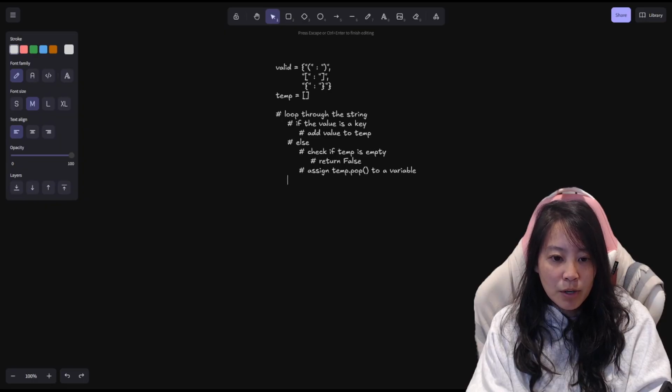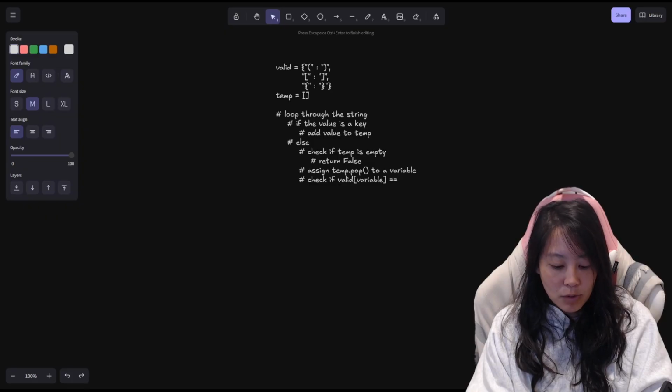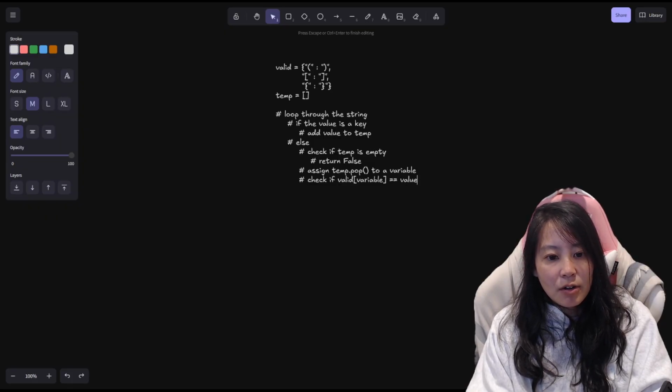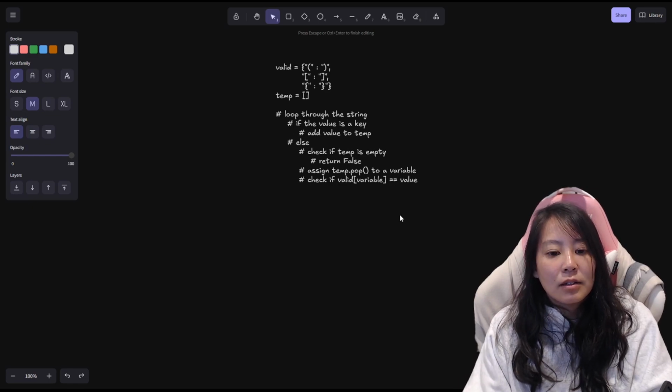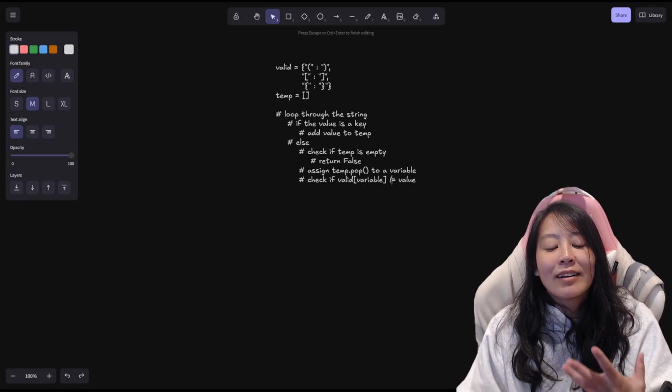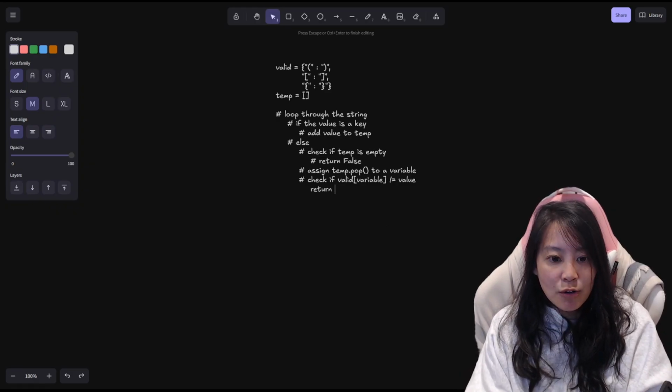Okay, and then what we're going to do is check if valid variable equals the current value, which is value. Okay, and if it does not check, then we would return false